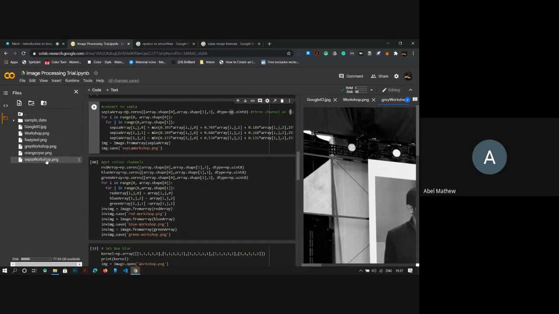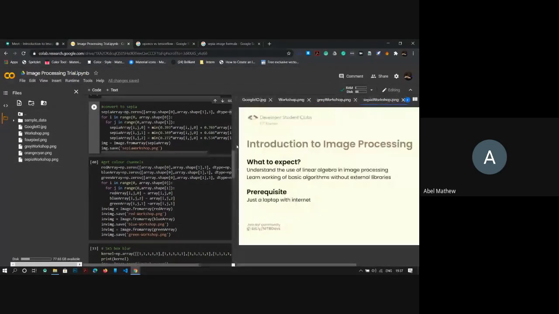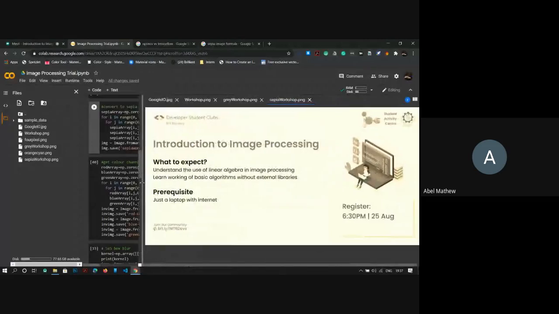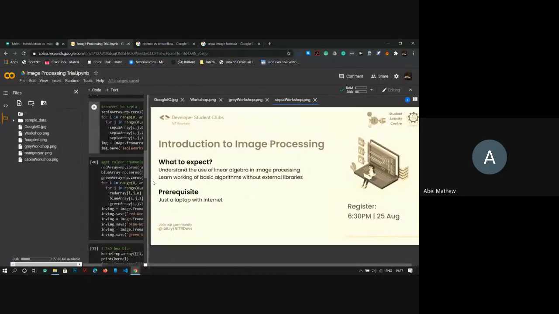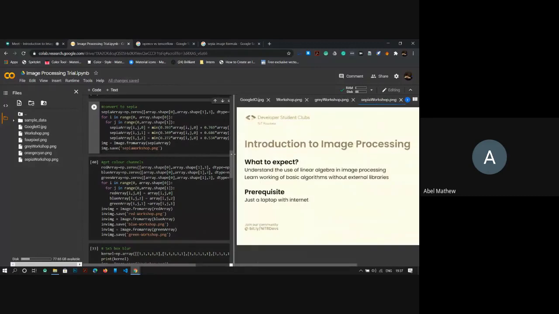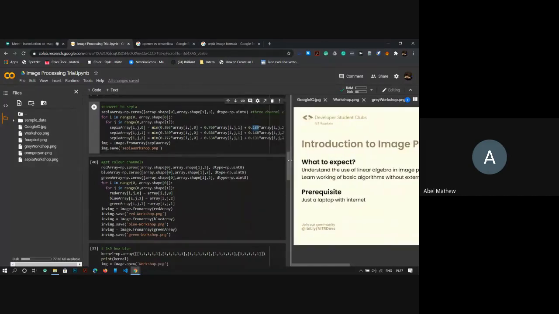Let me show. So it gives a sepia tinge to the image of the workshop. So we can tune these values, these parameters, to have different shade of sepia. So using different shade of sepia, you will get different tinge of sepia in the outcoming image.